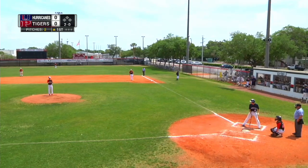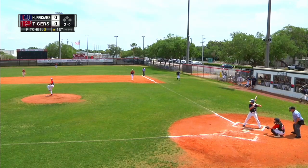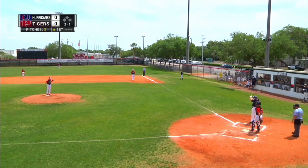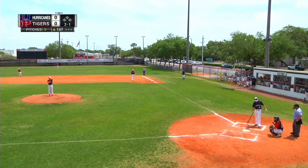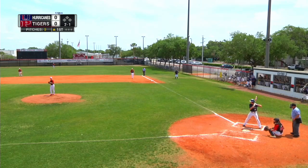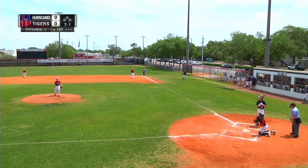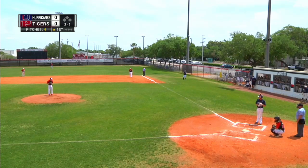Looks like we're playing this young hitter a little bit to the right. And there's a pitch right on the outside of the plate for strike one. Excellent location on that fastball. Ty with ball three just on the outside of the plate. So we're looking at a 3 balls and a strike count on the first batter,